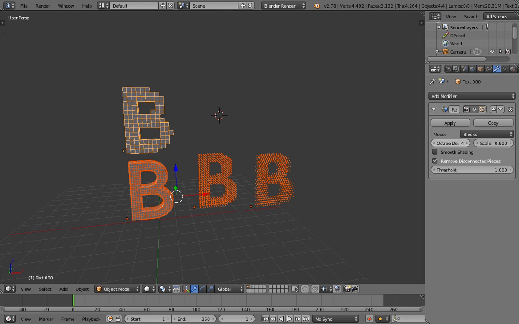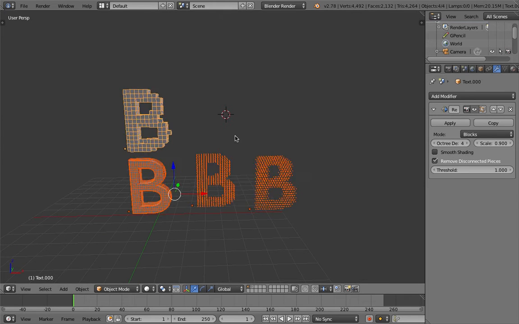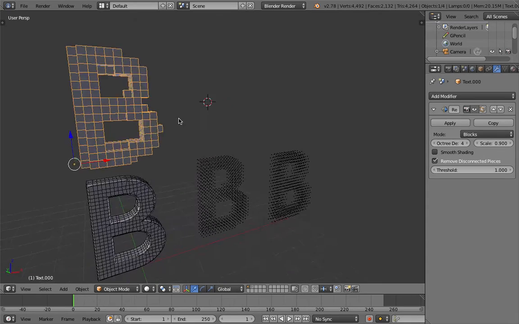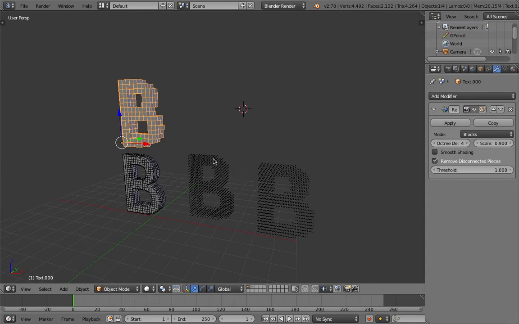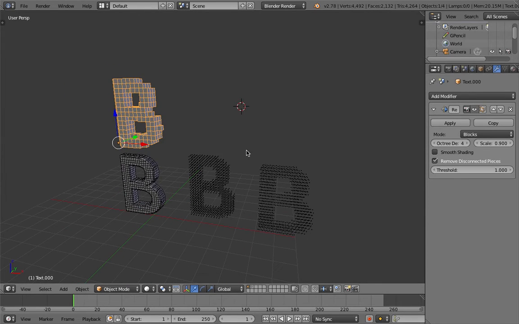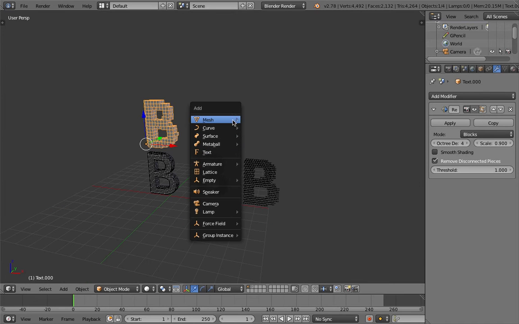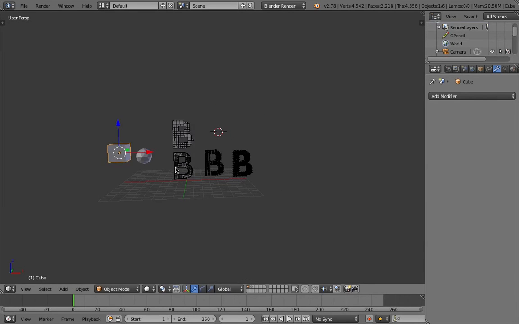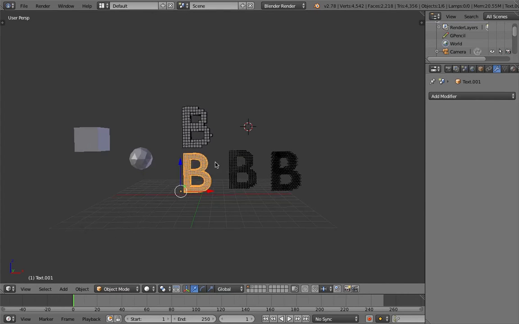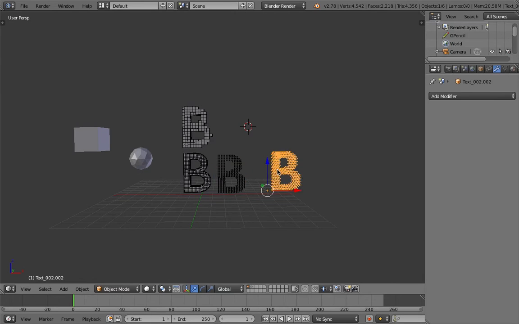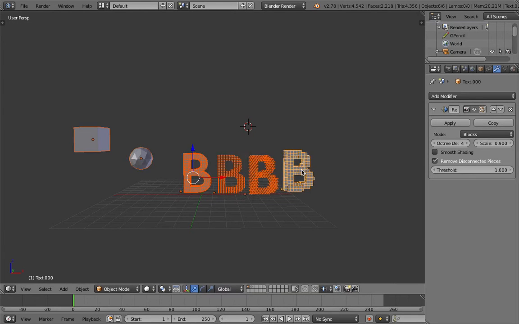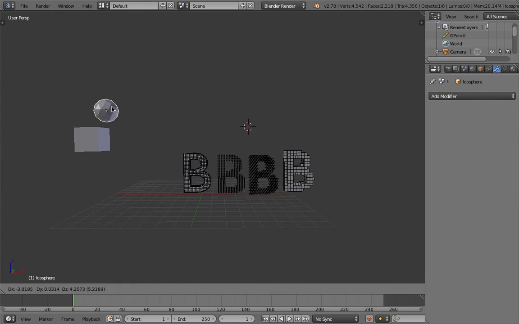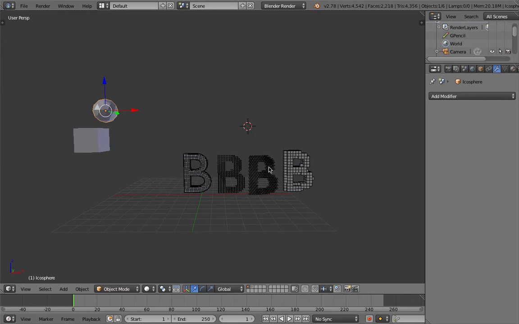So more details, less details, but all this can be more interesting if we start putting more details. Let me try using an icosphere and a cube and see the different results we're gonna get. So this guy can be our template. This guy is gonna be the donor. We're gonna replicate this guy over